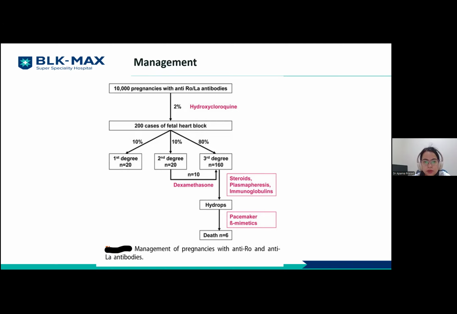So first degree heart block, second degree, and third degree. In first degree heart block, they didn't do anything. They just monitor the baby to prevent the further progression of first degree to second degree and third degree. In second degree and third degree, they have tried dexamethasone, steroid, plasmapheresis, and immunoglobulins, but there are not many studies and the results are inconclusive. Further, they need a lifelong pacemaker and